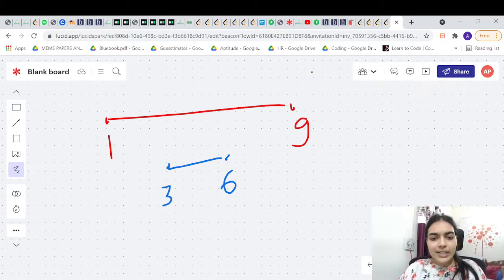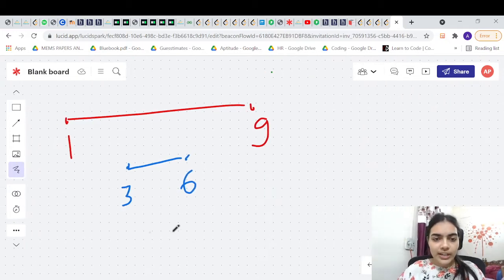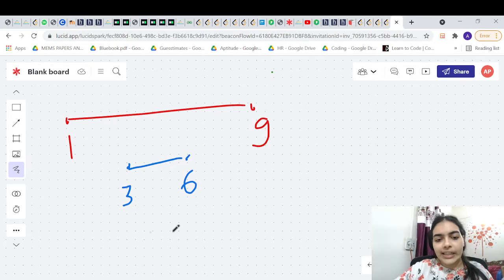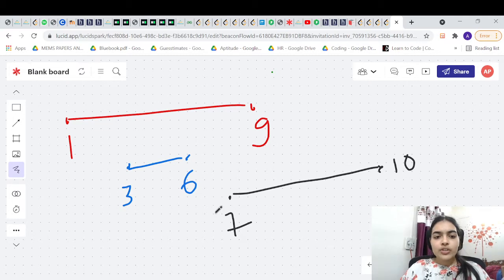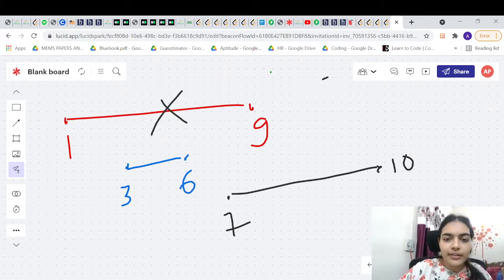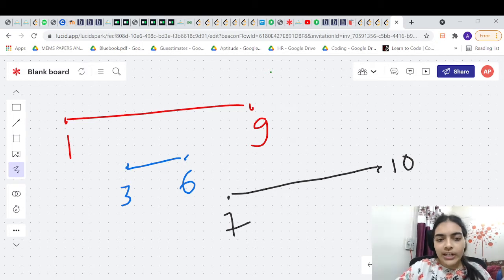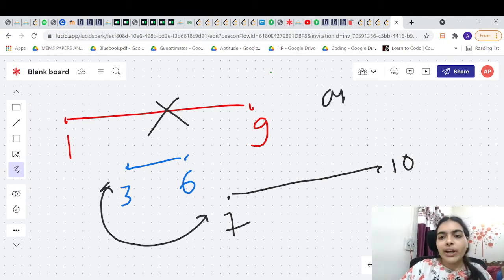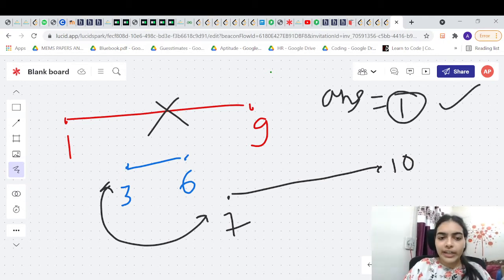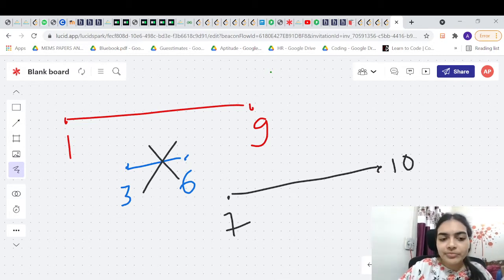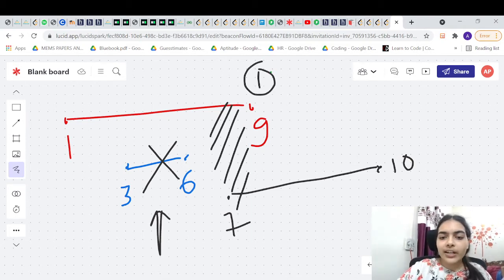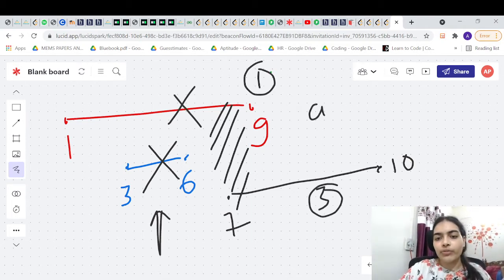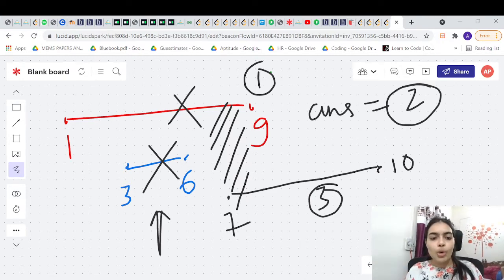Why does it matter? Because let's say you get a future interval something like this, 7 10. So in this case, if you delete the first interval, you had two choices, red and blue. If you delete the first interval, with one deletion itself you will get your answer. Your answer will be 1. But if you had chosen to delete the second interval instead of the first, in that case what will happen? Your first and third can still overlap and you will still have to delete either one of them. So in that case the answer will be 2. You will need to do more deletions.